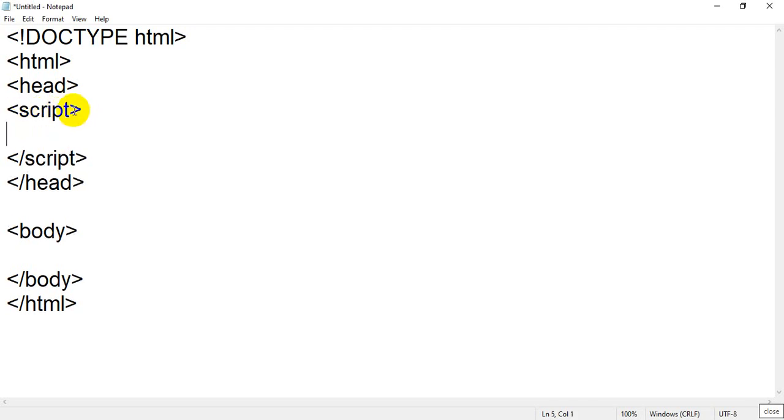Now which type of script are you going to add? Because we have different scripting languages. Currently we are using JavaScript, then we have VBScript, and a number of other scripting languages. So you have to mention it by using an attribute of the HTML tag, the language attribute. Now it will give a clear picture to the programmer or the person looking at your code about which language you are using. Okay, so language equal to JavaScript.